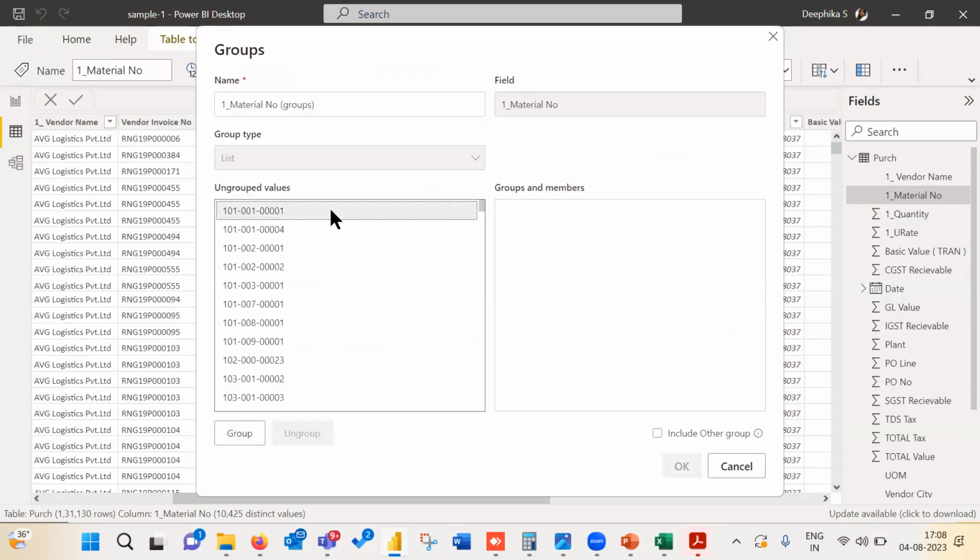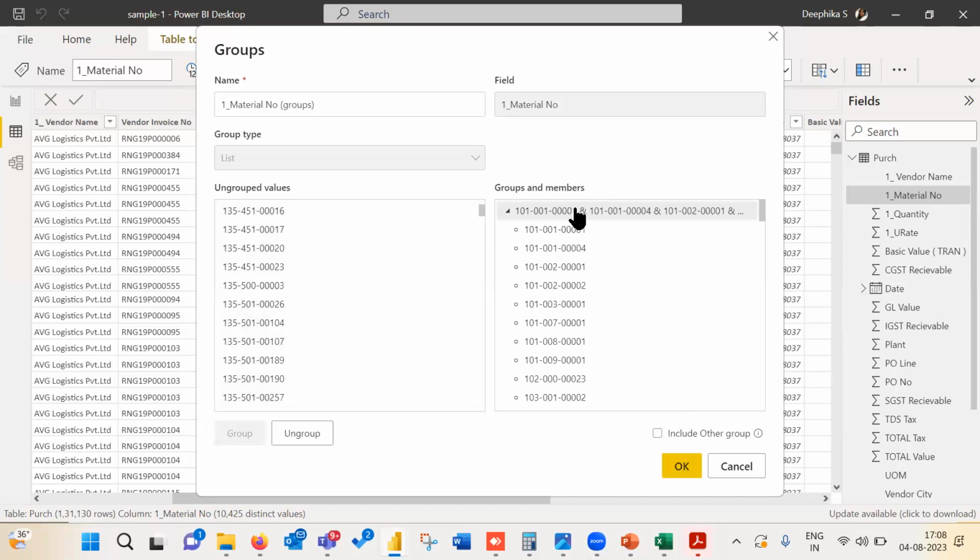Whatever data is there, you can choose what type of group you want. Let's say everything starting with 105 or 104 is going to be a particular group. You create a group and call it, let's say, category A.